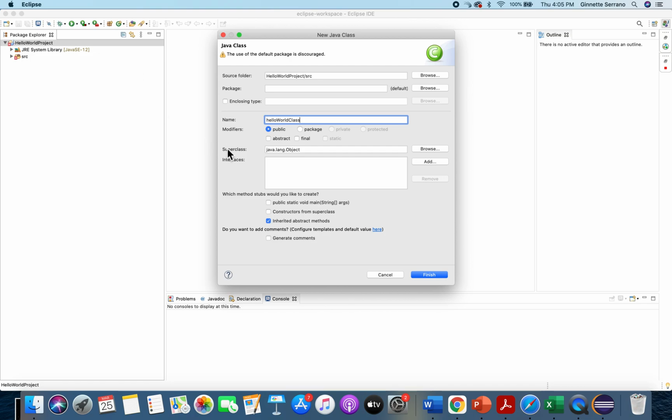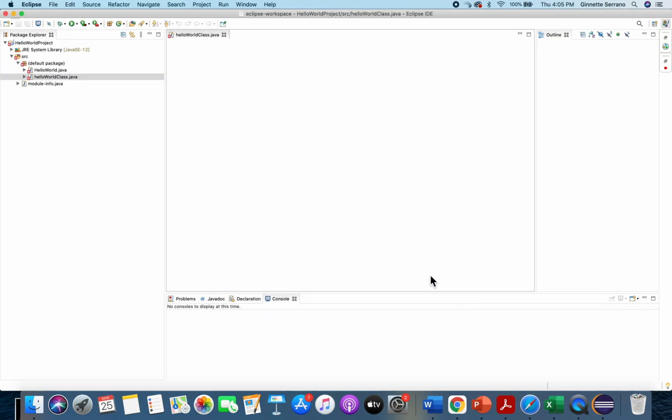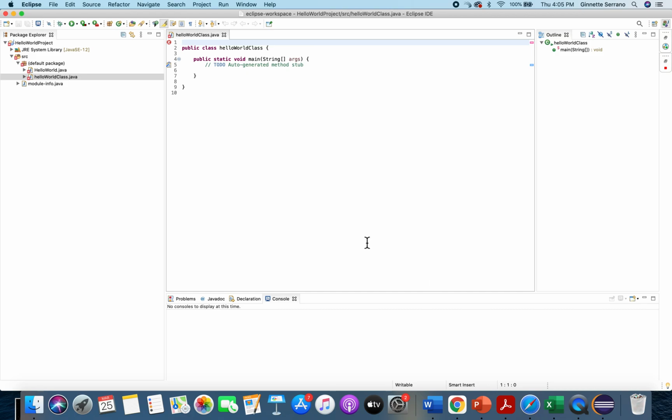Class. I want to choose that it's going to have a public static void main method. And don't worry about any of this, and then Finish. So at this point, it tells us that the name of the class is Hello World. And then we have here our main method. And inside here is where I'm going to type my instructions. So right now, the only thing I want to type is